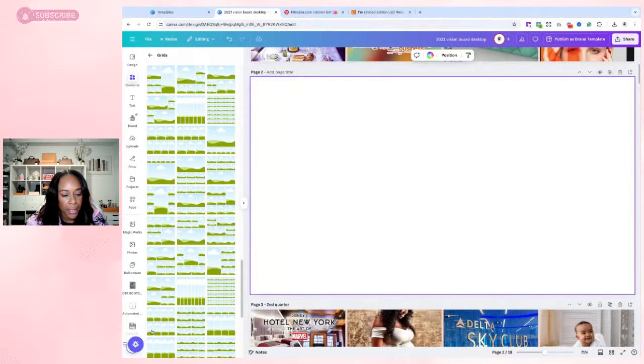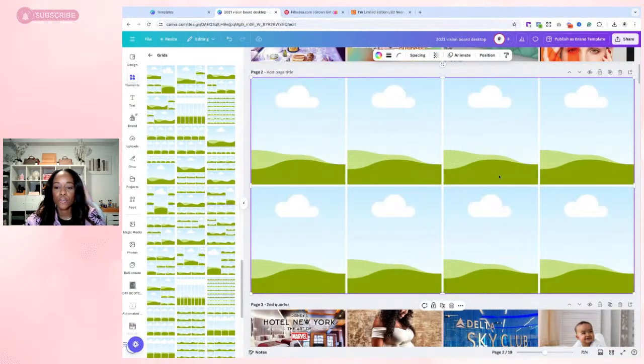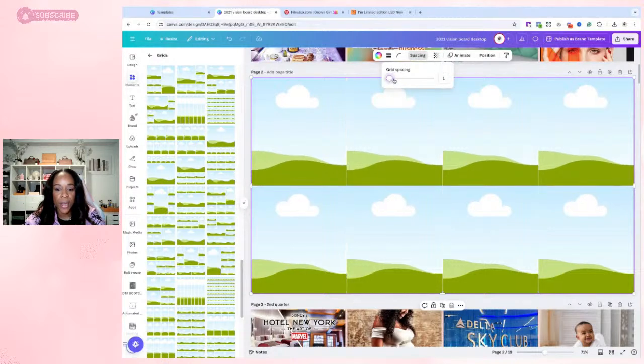Let me see, like this one. Okay. So 4 and 4. Now my job is to make sure that I have the pictures that are on the vision board. If you don't like the white space, you go to spacing and you just drag it out so there's no space. If you're going to cut these pictures out, I would keep the space so you know where to cut. So I'll just leave it there for now.